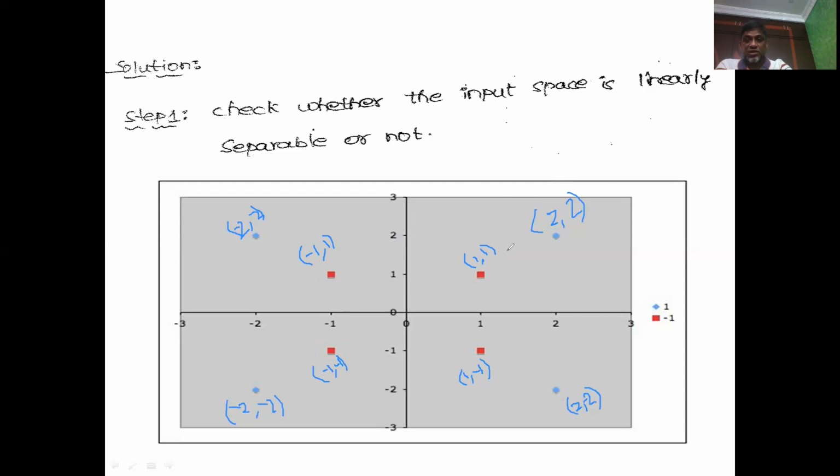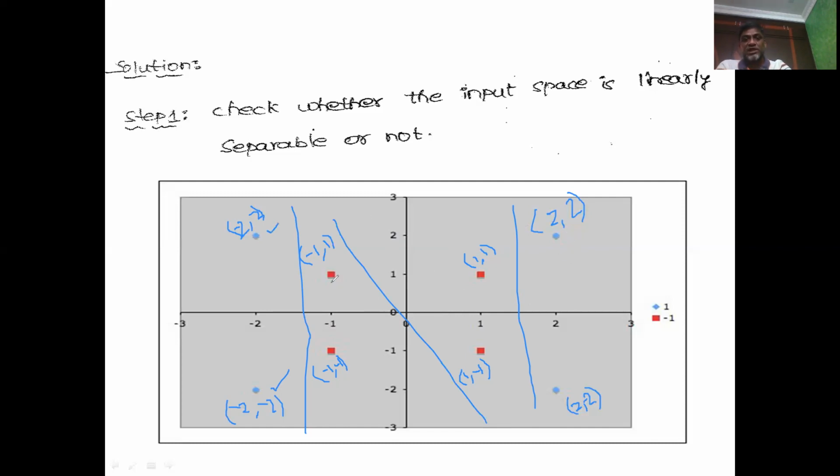Okay, is it possible? If you draw a straight line over here, then all the red labels go to the other side along with the 2 positive labels, right? So 2 blue dots are also there. But if you draw a straight line, something like this, it also does the same thing. 2 more points belong here. And if you draw something like this, it's not at all a hyperplane. So you cannot find a straight line that separates these red labels from these blue labels, right?